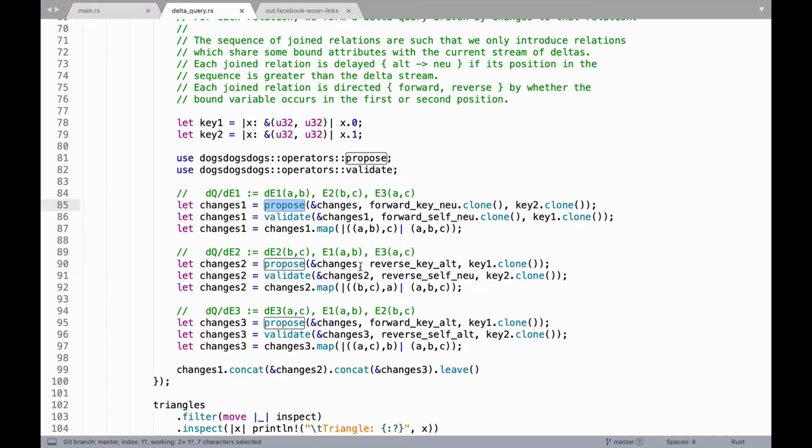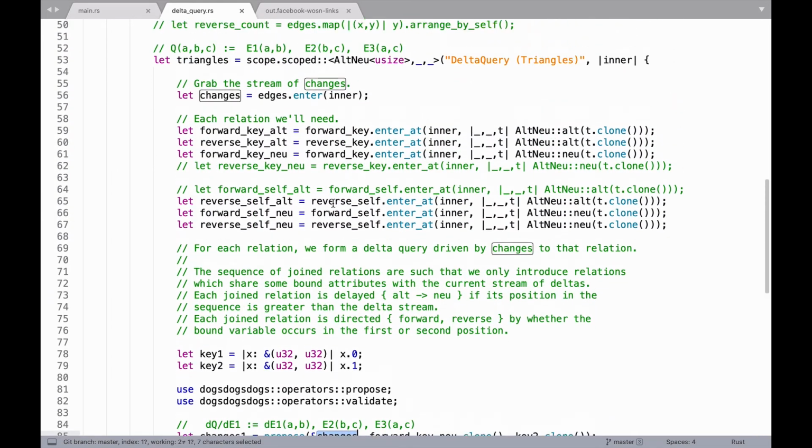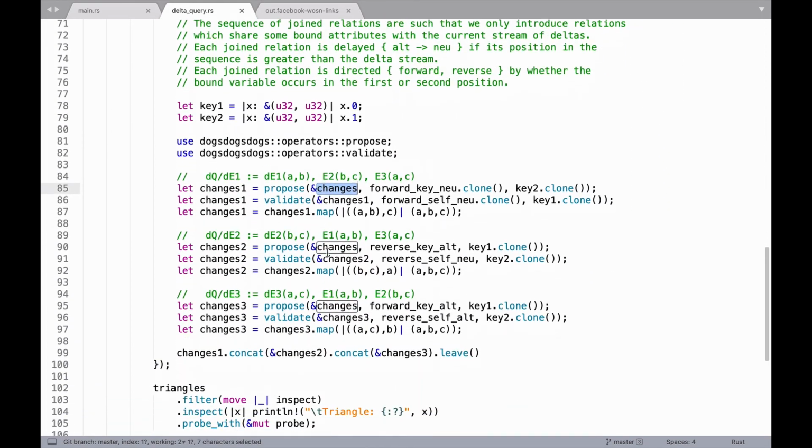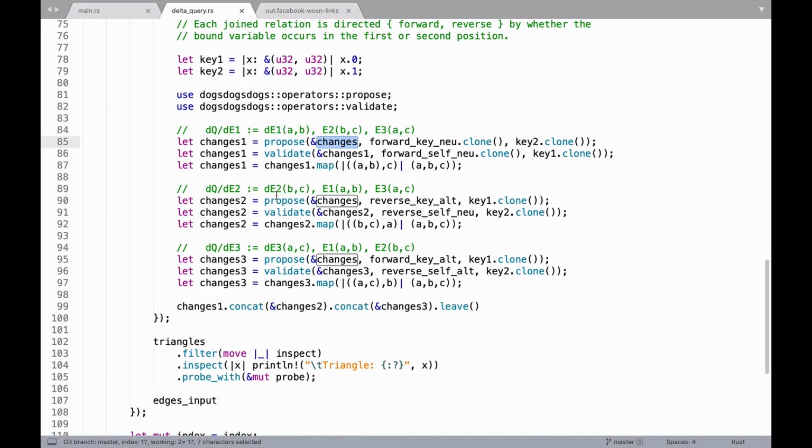So what does propose do? Propose takes a stream of changes. These changes, for what it's worth, are just the stream of edge changes. So we're using those for DE1, DE2, and DE3. It takes a stream of changes, and it takes an index. I'll have to tell you where this came from. But this is essentially an indexed form of E2, keyed the appropriate way. So forward,